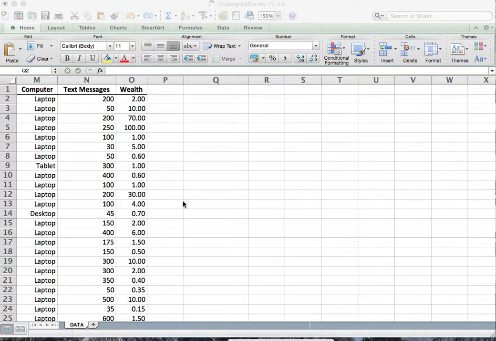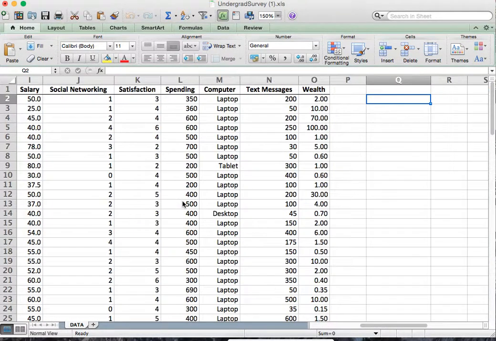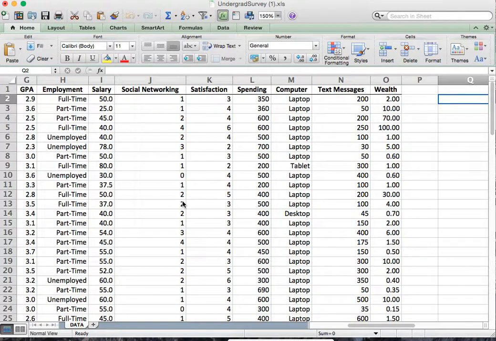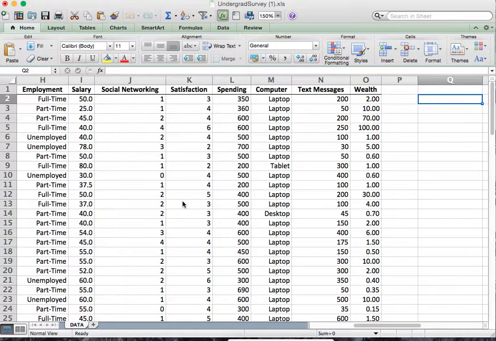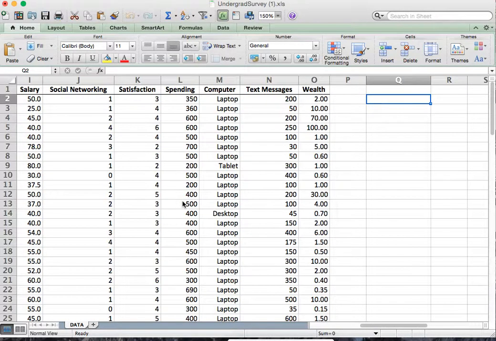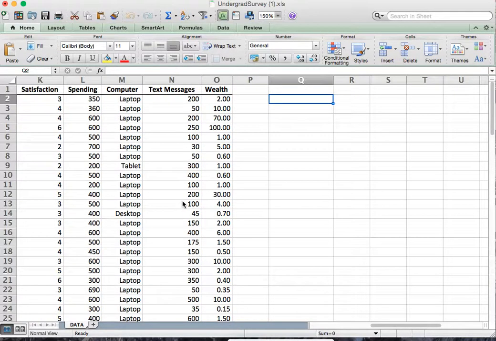Hi guys, in this video now I will show you how to draw a frequency table and a two-way table, which is also called a contingency table, and in some books you might see the word crosstab. Crosstab or cross tabulation is basically a contingency table or two-way table. Now to do that we would like to start with